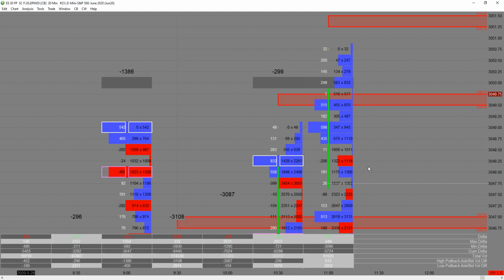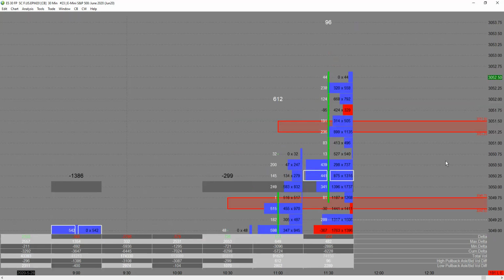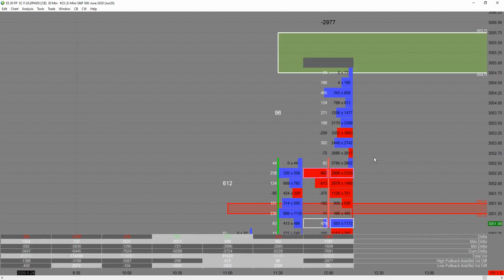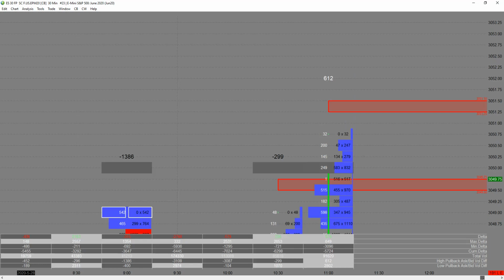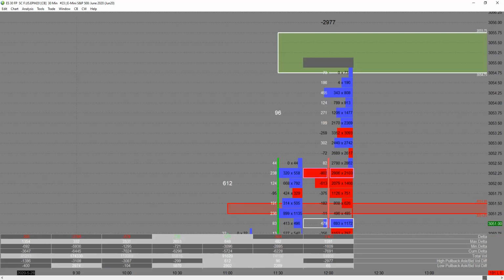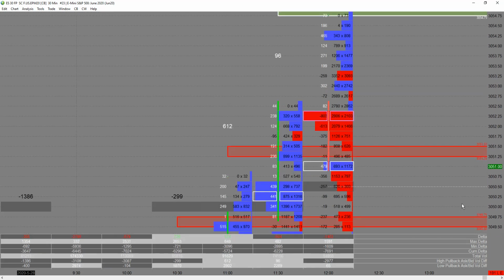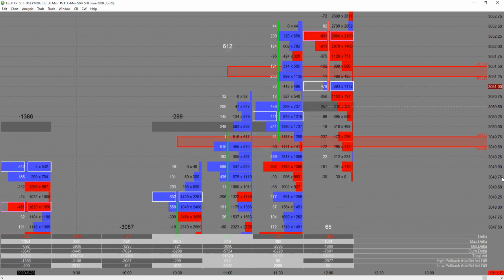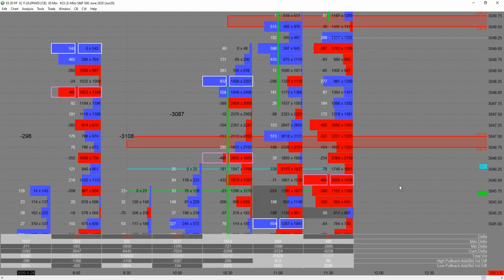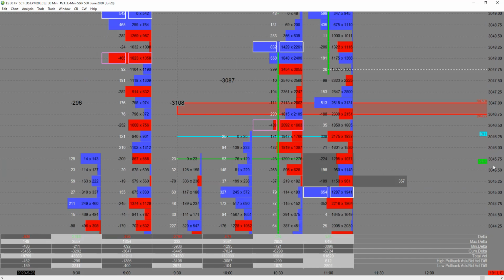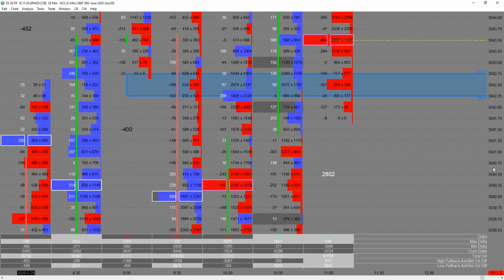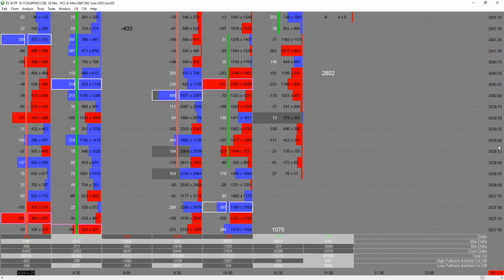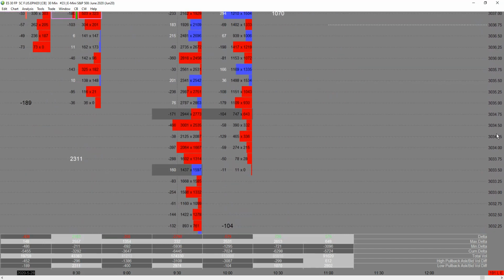If it's not in the next candle, it could be in the next couple of time frames. Or sometimes in cases I've seen the market come back and retest those levels in the overnight or even the next session. So don't just lean on an unfinished business being an area where the market has to absolutely come back and test it right away. It could be retested the next day. It could be retested in a couple of days. It could be retested in a couple of weeks. It will eventually be retested, but it does not mean that it has to